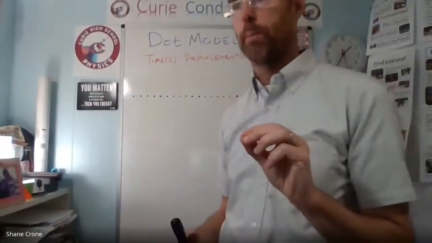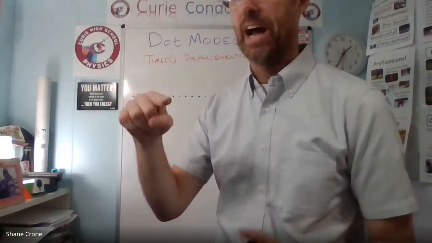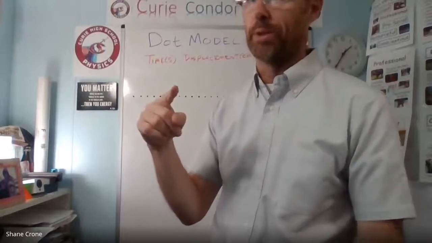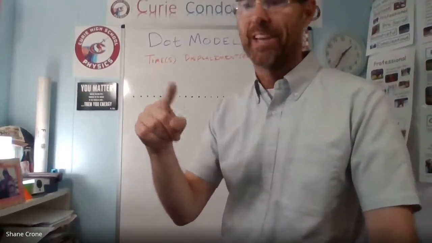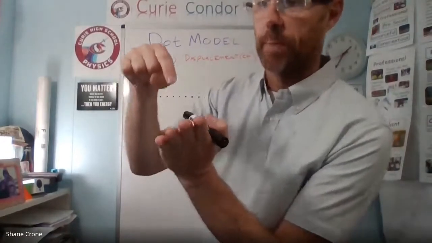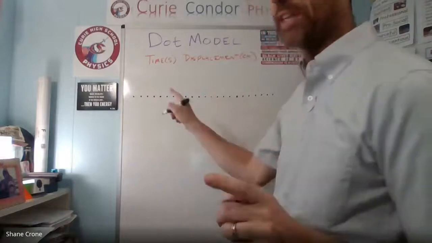That ticker timer puts a dot. Just think about how fast that is. It goes back and forth 60 times every second. I mean, just think about that. How fast could you wiggle your finger back and forth? Maybe 3 or 4 times per second. This thing can go back and forth 60 times per second. And every time it hits that little piece of carbon paper, it puts a dot on the paper. So since each of the dots represents